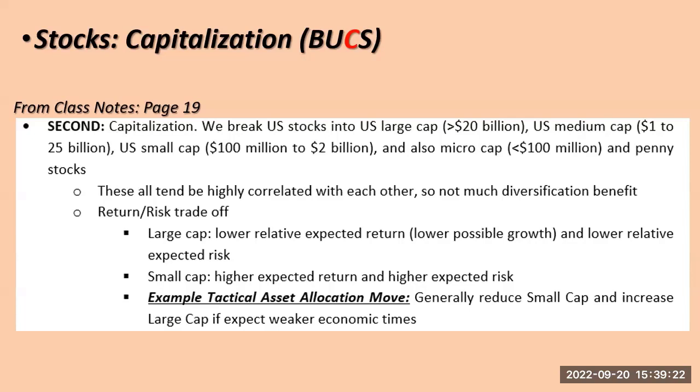Okay, so large cap, we say 20 billion, but 20 billion is really not that large anymore. So it kind of depends. We have all these massive companies like Apple and Google and Microsoft that are just ridiculously large. Mid cap, I say $1 billion. $1 billion is really small for mid cap. So don't memorize these numbers. It really does change depending on the markets. But a $5 billion company would probably be mid cap. 1 to 2 billion, we'd probably classify as small cap. Small cap, would you go to as small as 100 million? That's a really small company.